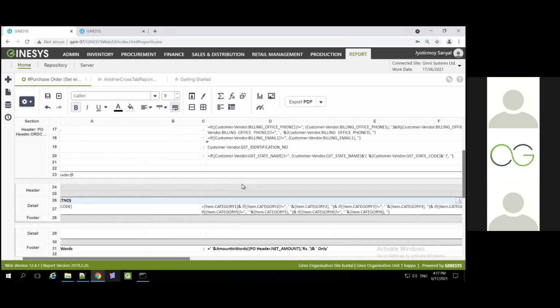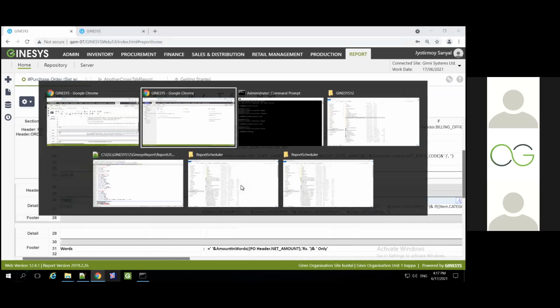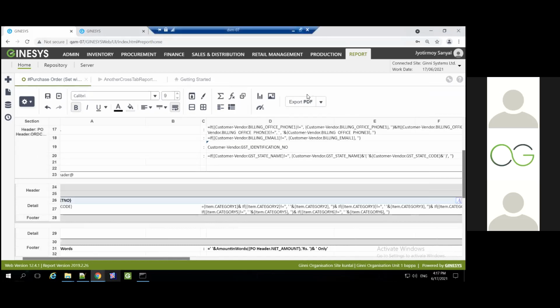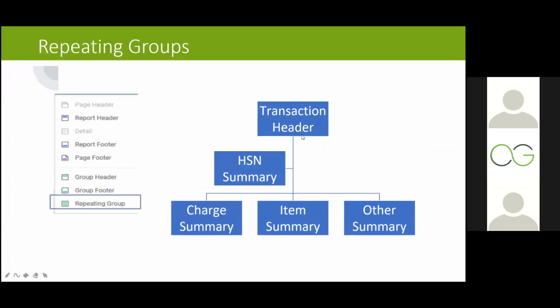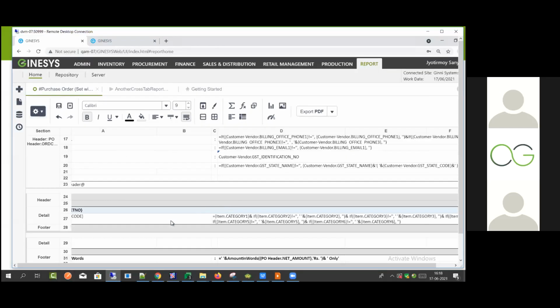Now, as I was showing you in the PPT, we'll go back to this PPT. Give me a second. For the example we are right now seeing, this is basically a transaction and the item summary, so it also has the item detail. Your data source should have a combination of your transaction and your item. There should be a single data source which has information with respect to your transaction and item. Only then will you be able to do the repeating group for that particular part.